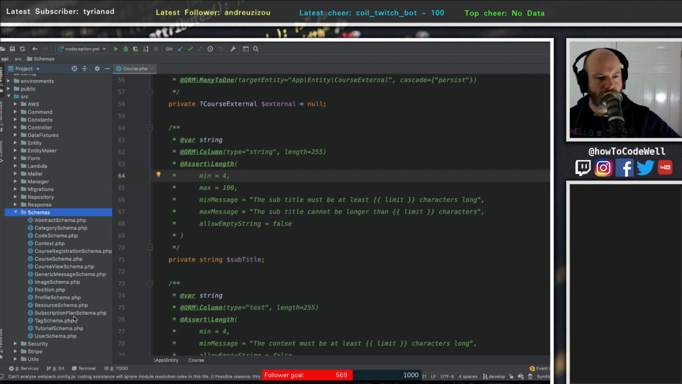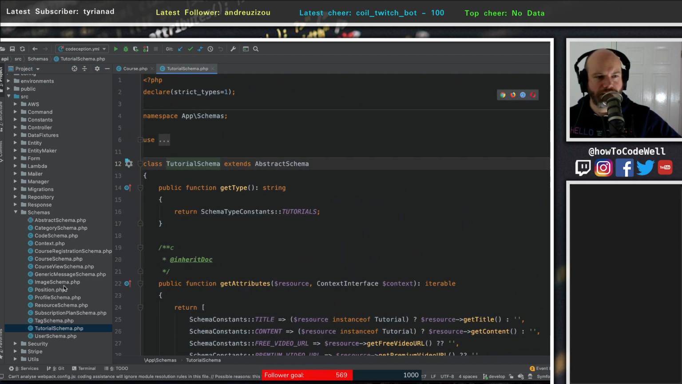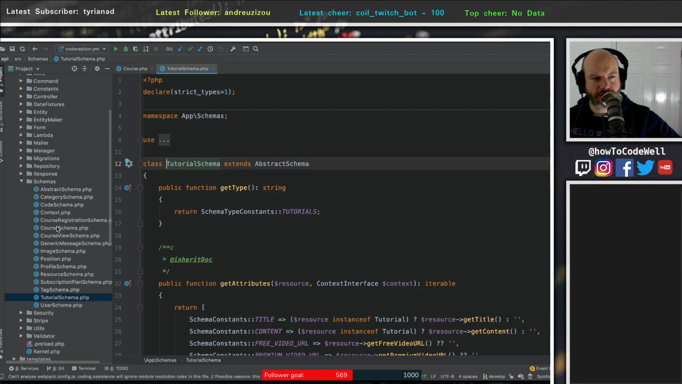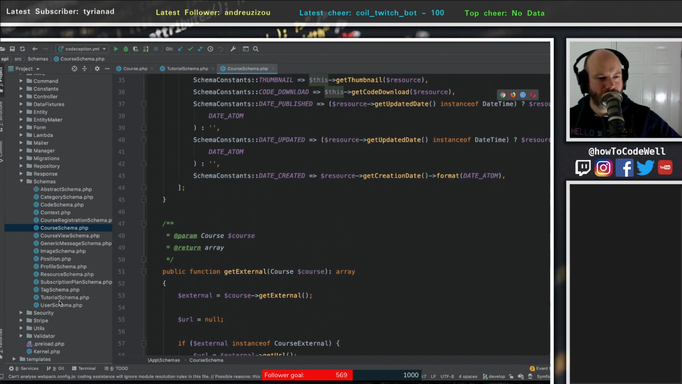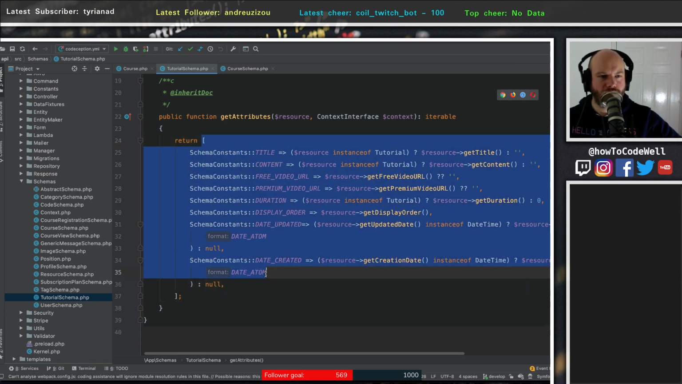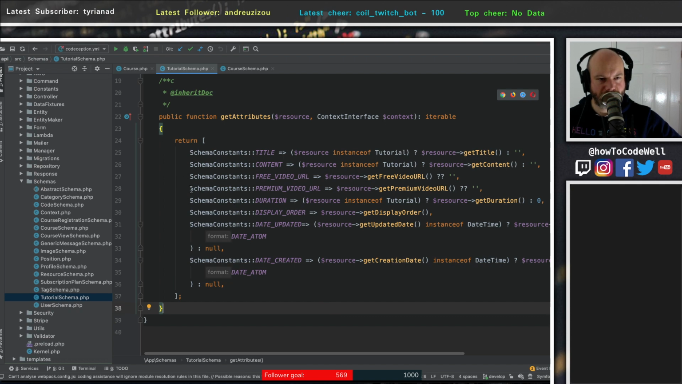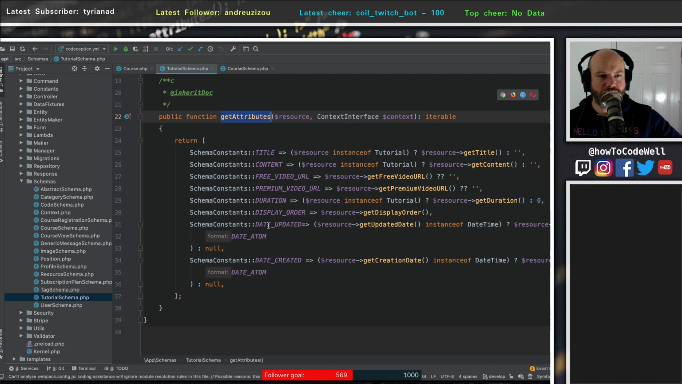So for example, you would have, let's find one, tutorial schema, for instance. Hang on a minute, that's not a good example. Course. Oh, I see. Yes, this is an okay example, I suppose. So this is an array that gets returned in JSON. This is the attributes because we're using the JSON API specification, and